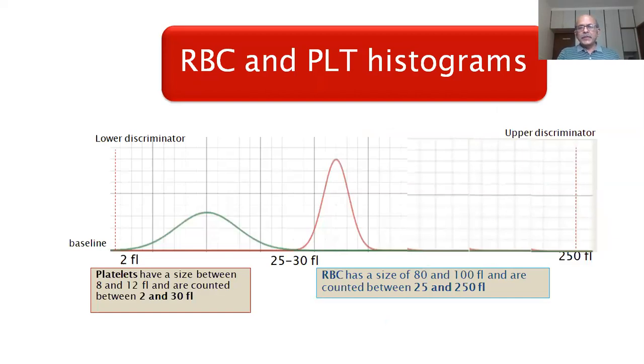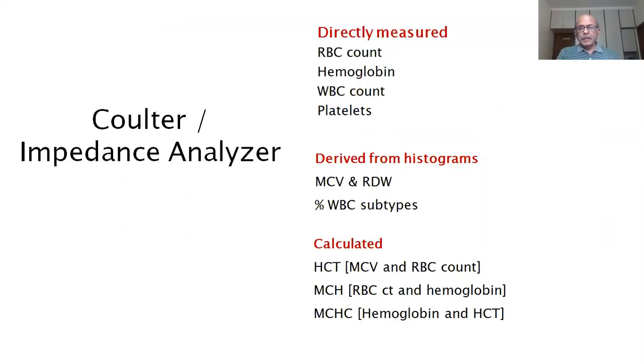And based on these various cell sizes, you have the RBC and platelet histograms. As I already told you, cells with a size of less than 25 femtoliter are counted as platelets. Cells which are of a size of more than 25 femtoliter are counted as RBCs, and WBC is not given any significance because it is very small in number. And this Coulter, based on these three sizes, WBC, RBC and platelets, now gives you a number of parameters.